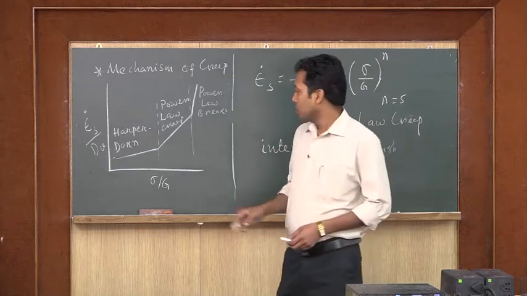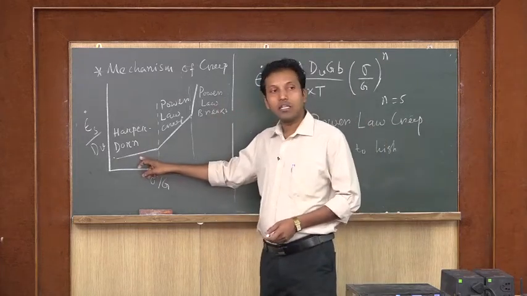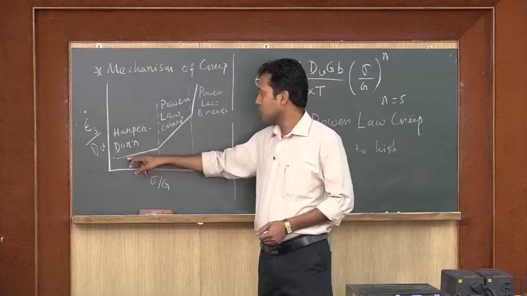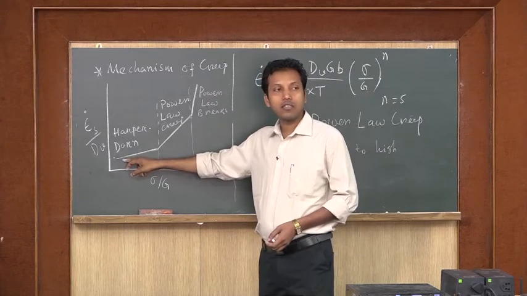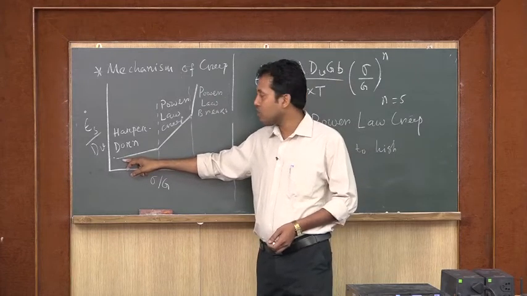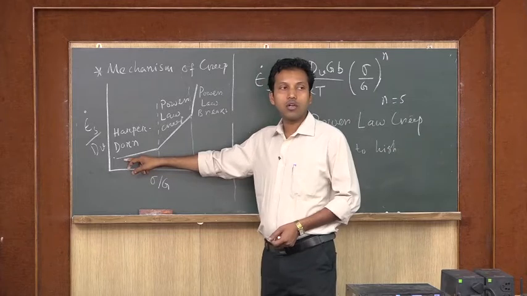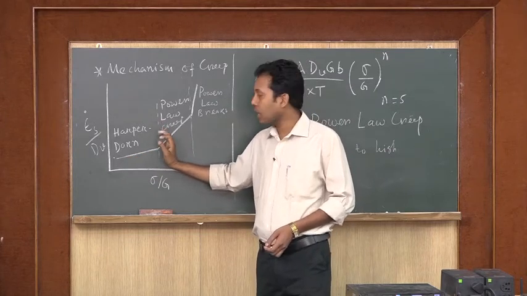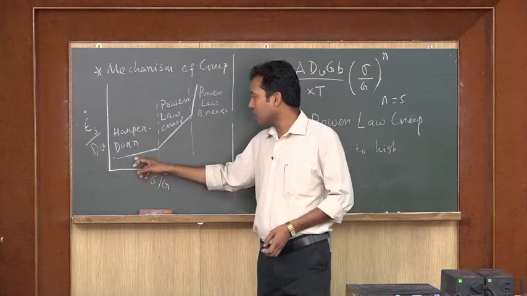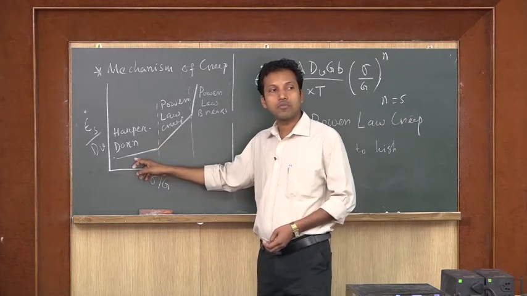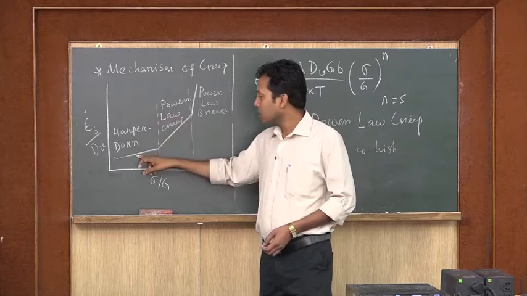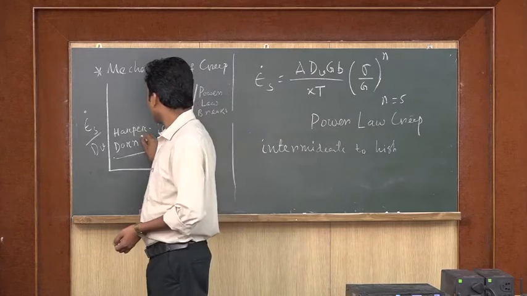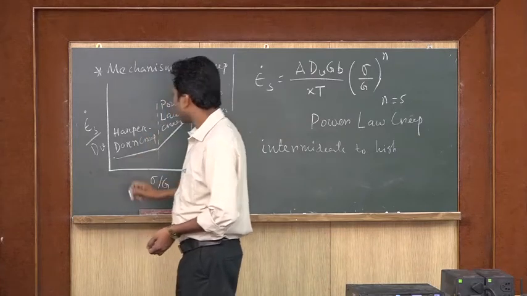So the first equation we have written in our first class, if you can see in our last day's class. That is the creep which occurs, or the creep rates which occur, at a low stress region. Or rather I can say that when the creep rate is very small, then that creep mechanism is known as Harper-Dorn creep.